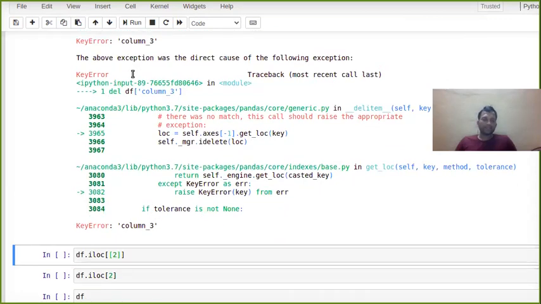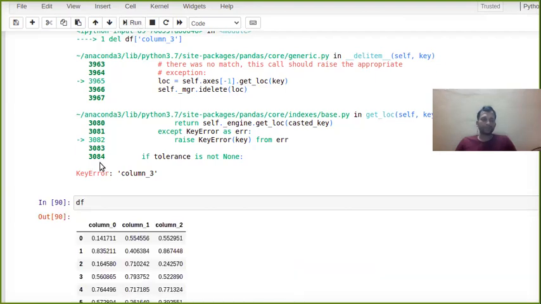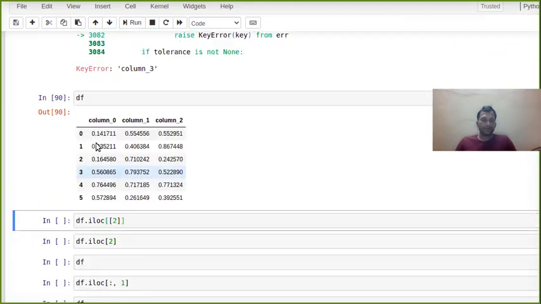Okay, so now let's come here. A few more things I wanted to discuss today. Now you see 0, 1, 2. If you want whatever value is there at location 2, what you can write is index at 2.